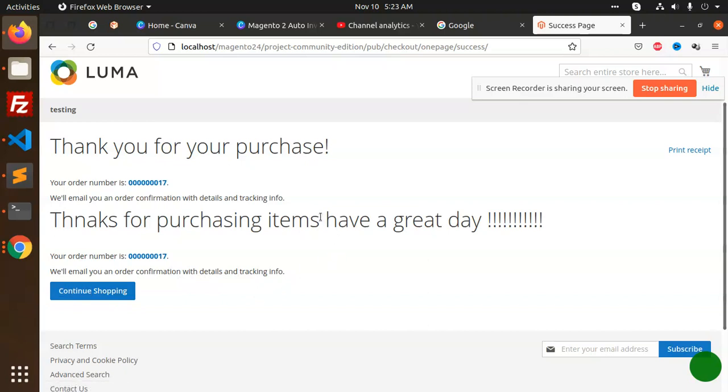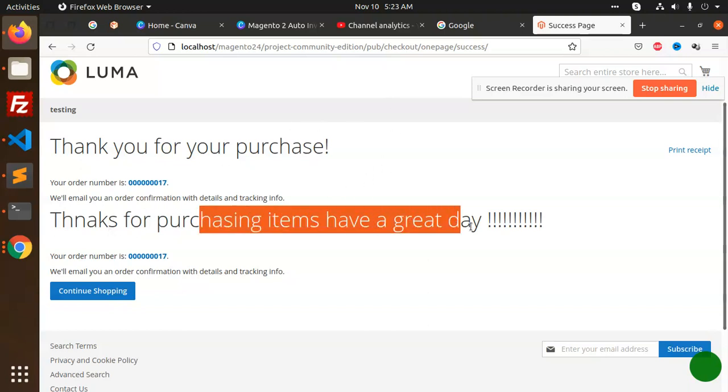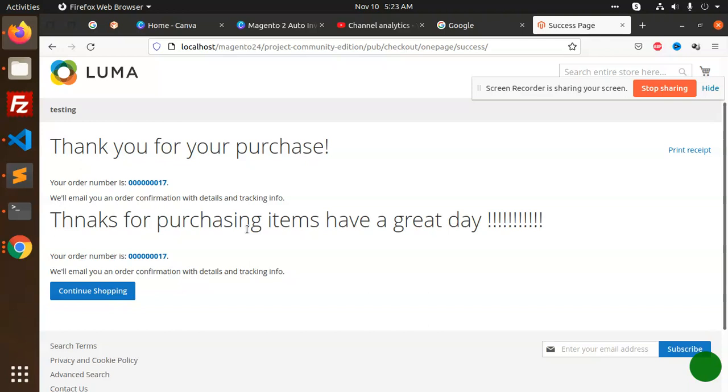So this is how we have overridden this success.phtml file, and we can add the order information over here, or we can add full order details. We can customize with any HTML over here, rendering billing address, shipping address, everything we can just add over here and just need to format it. Okay, so this is how we can customize the checkout onepage success. So I will explain how I have done this.